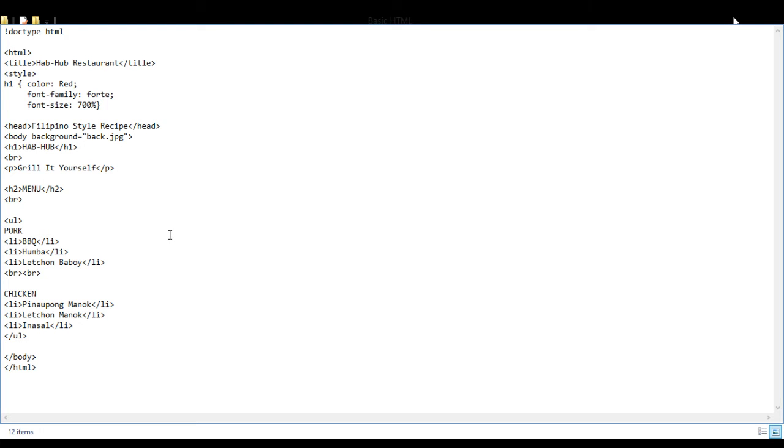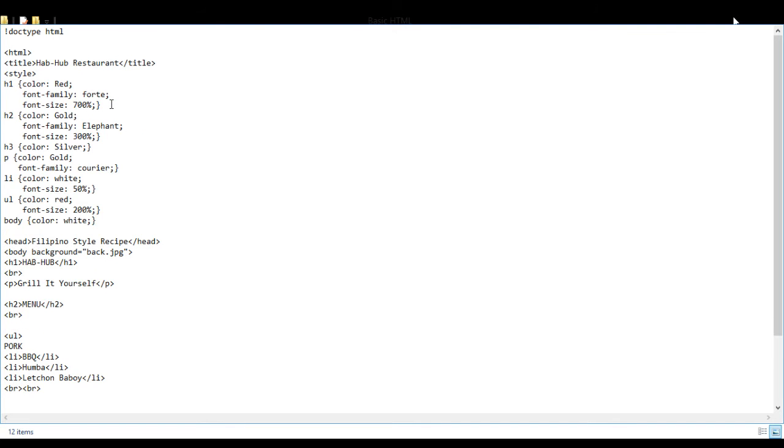Now guys, I have already made a style. Just put it here. Here's the style. In H2, I modified the color, the font style, and the font size, and in H3, I just modified the color as silver. Then the paragraph, I modified the color and the font style, and the list, I colored it white and the font size as 50% so that it will display small